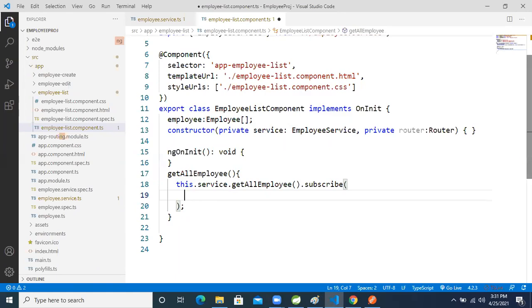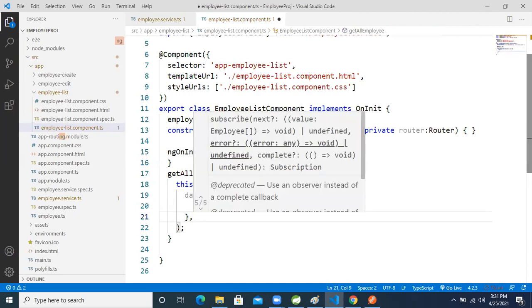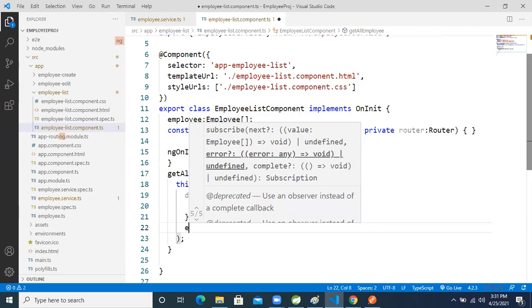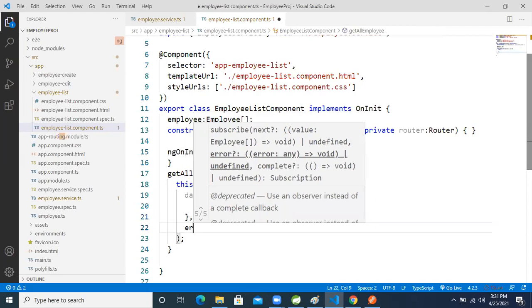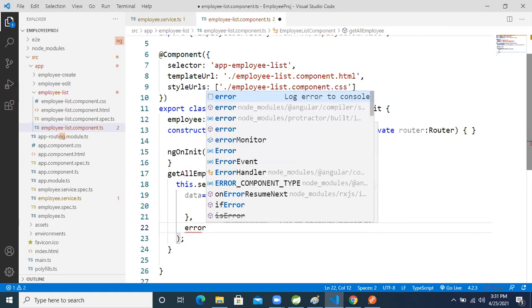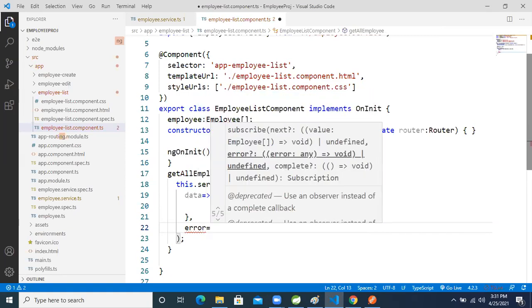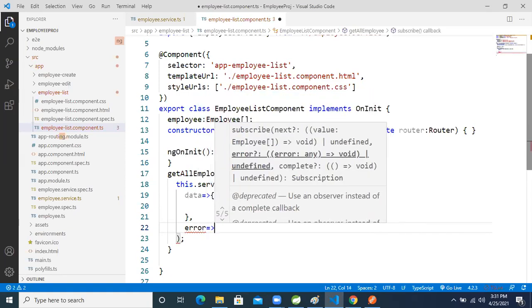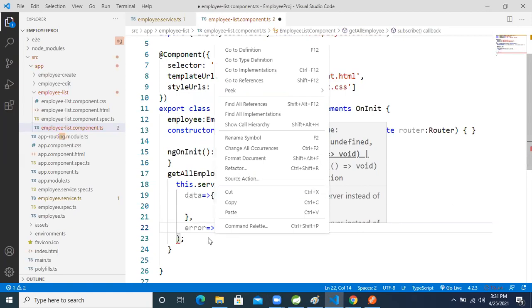Data, I'm storing the data inside this variable. If data is there, otherwise if any error is there, for that, E double R O R, error. If error comes, one minute, guys.